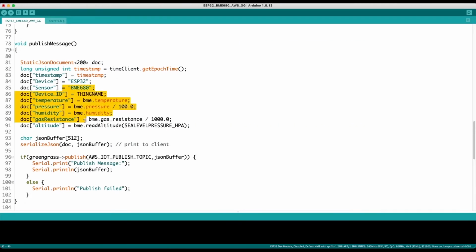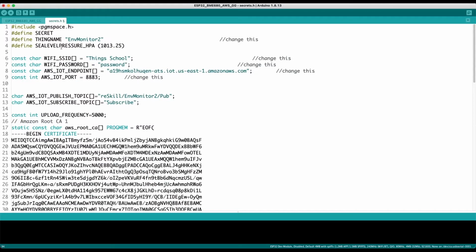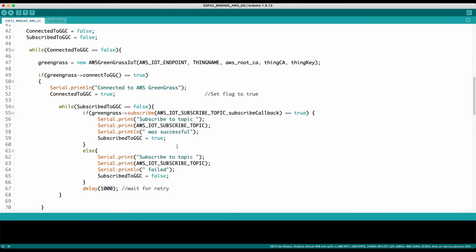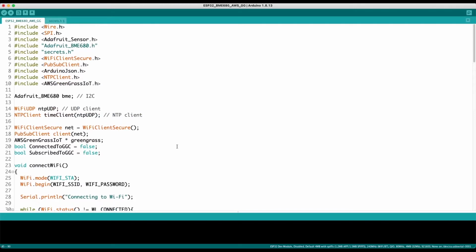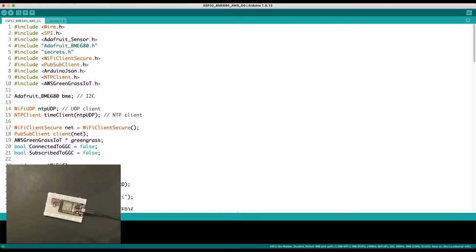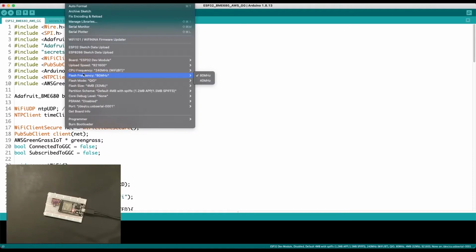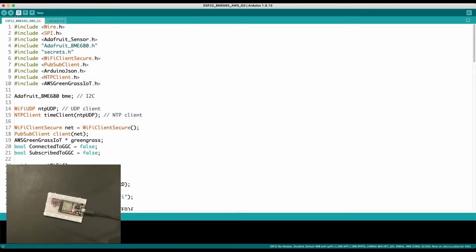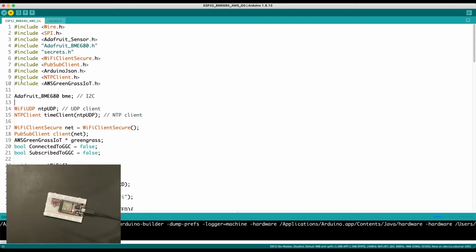And it will have all those metrics that it sends. And here again, we are publishing with that same topic. Okay, all good. So what I will now do is upload this program, go to tools, ESP32 and that same device. Okay, now let's upload this one.